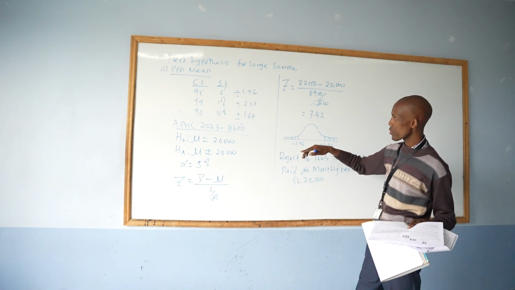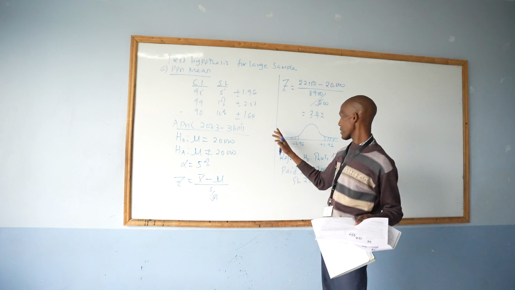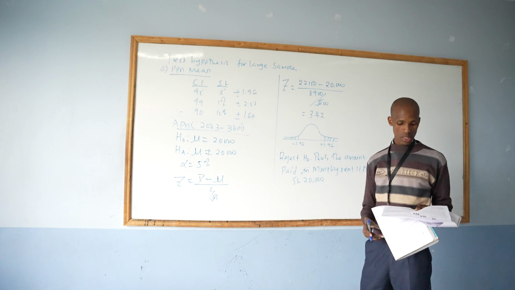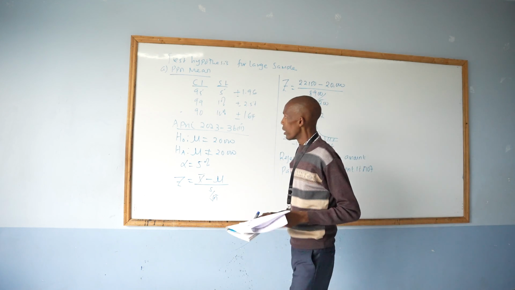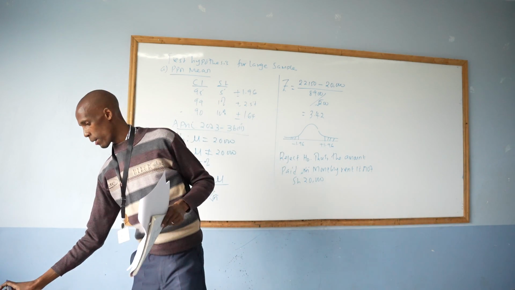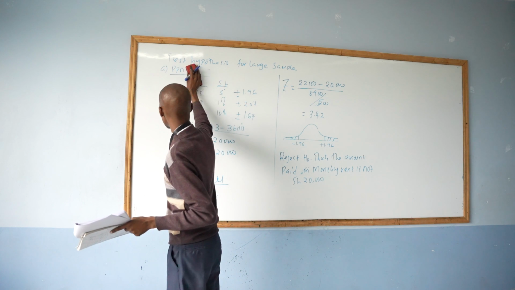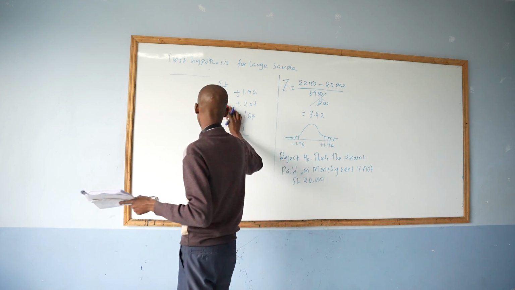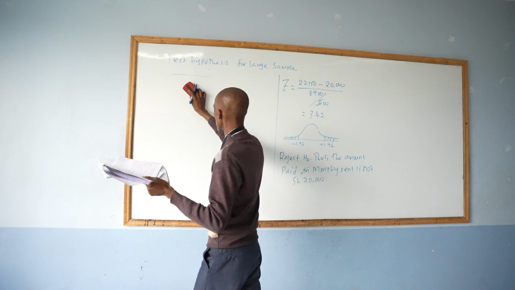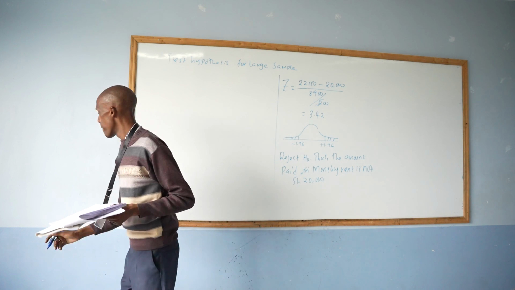If you go through the notes, you get the explanation. At 5%, we say it's not in this range, you reject. So I hope that is clear, we are still in the large sample. What about the difference between two means? The procedure will be the same, but number B,